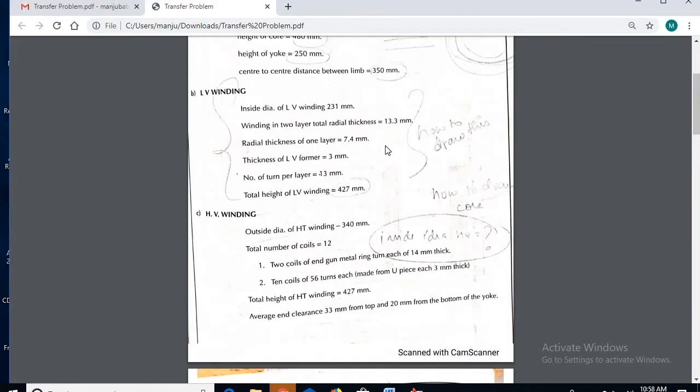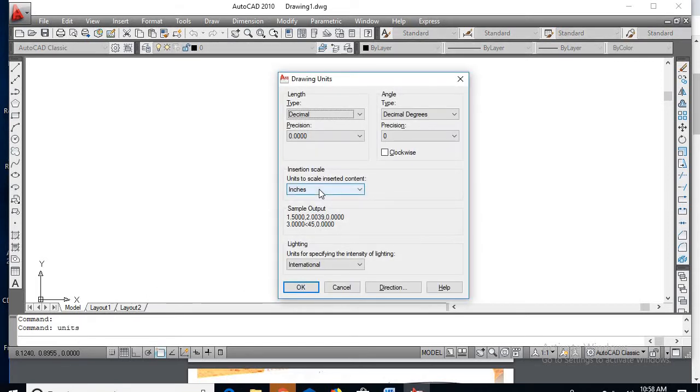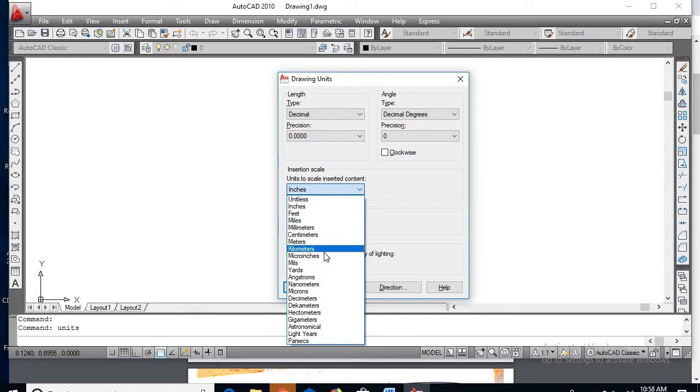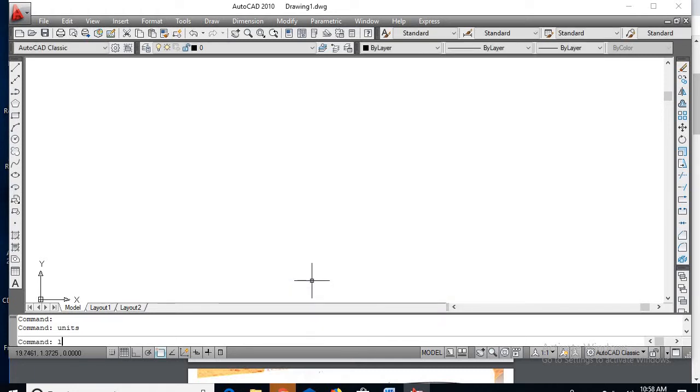Now with respect to this, let us go to the AutoCAD tool. Go for units. Since it is in mm, choose millimeters and click OK. Next go for limits. Enter the lower left corner as 0,0, enter, and the upper right corner as 500,500, enter.